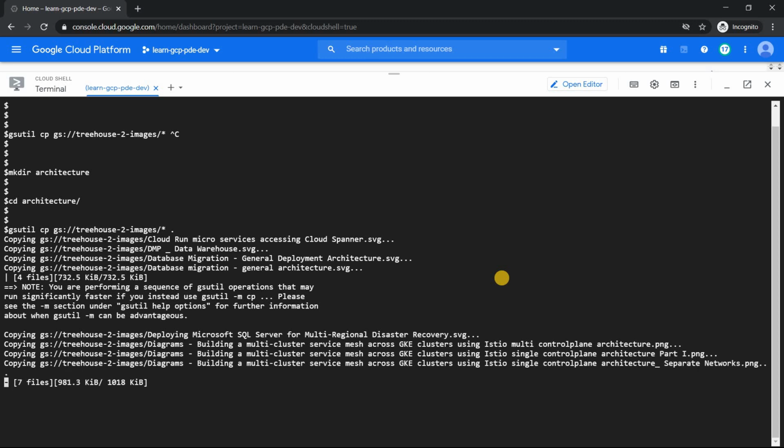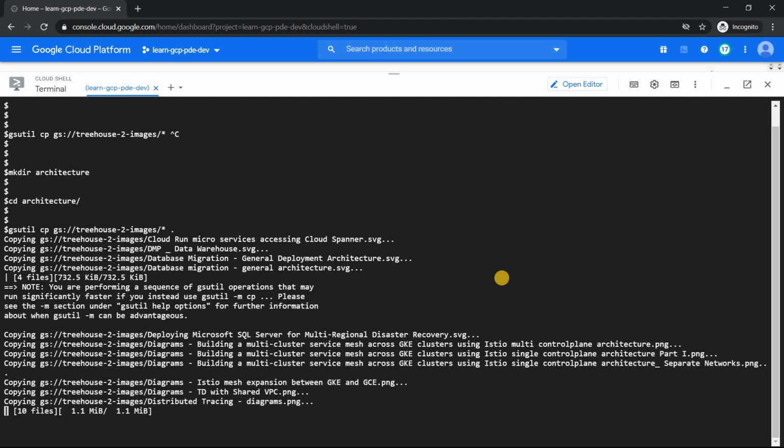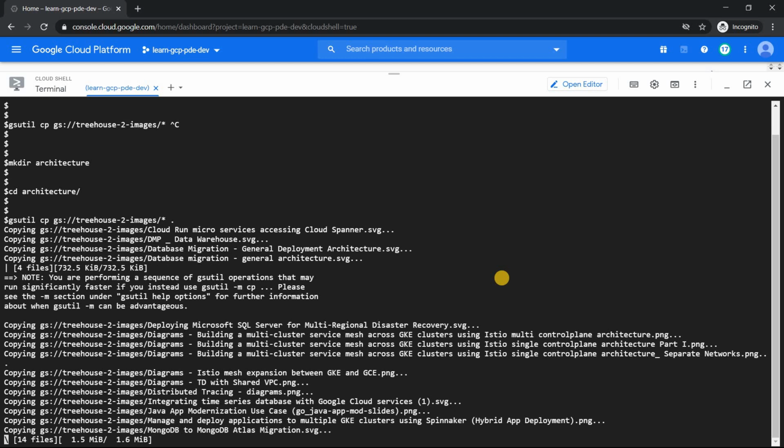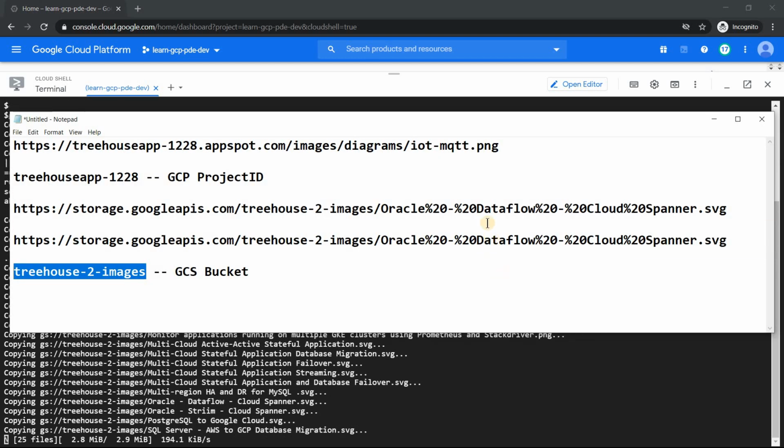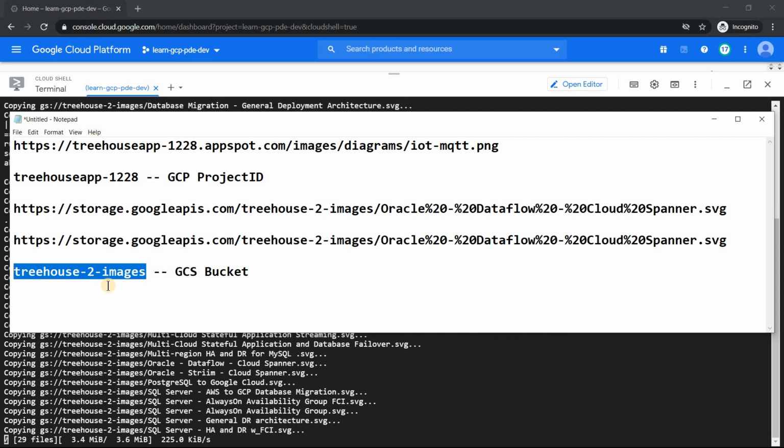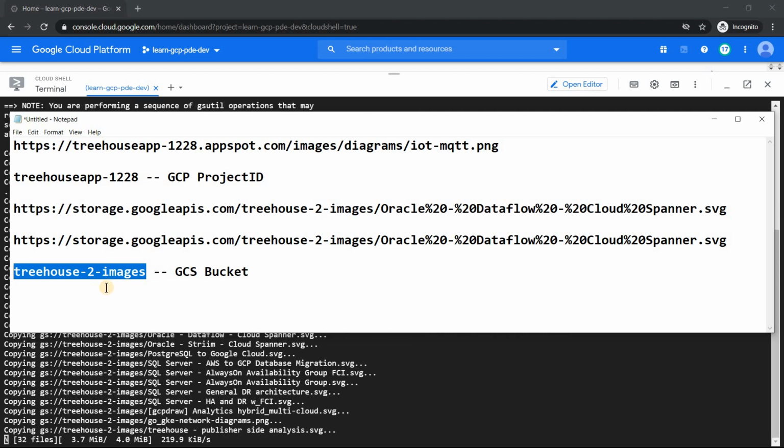I can easily copy them all into my local system in one shot. So what was the drawback which they had? The drawback was exposing the bucket name, which was not a good practice, is what I would suggest.